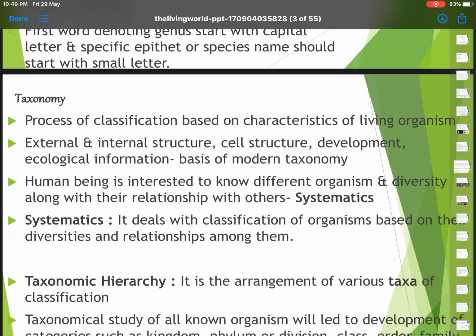And then we come to the system of taxonomy. It is the process of classification based on characteristics of living organisms. And this has a hierarchy. We'll discuss this